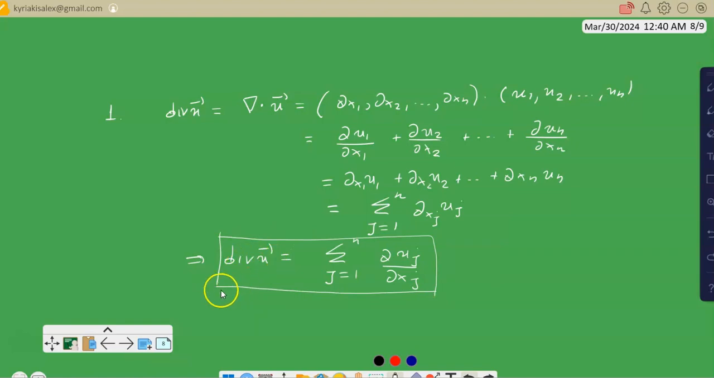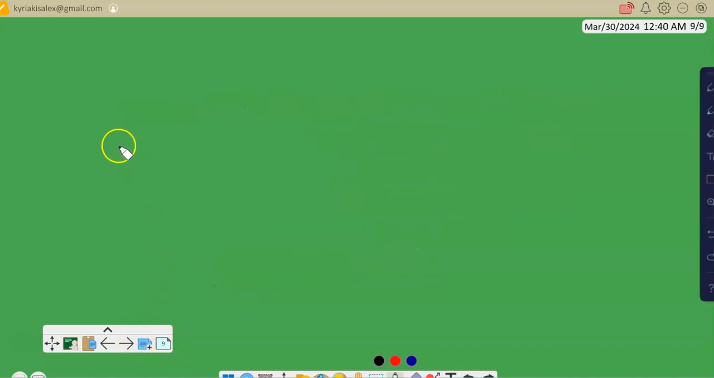We proceed to the second question. The n-dimensional vector field is the following. So u equals (x1 cubed, x2 cubed, ..., xn cubed). The divergence of this vector field